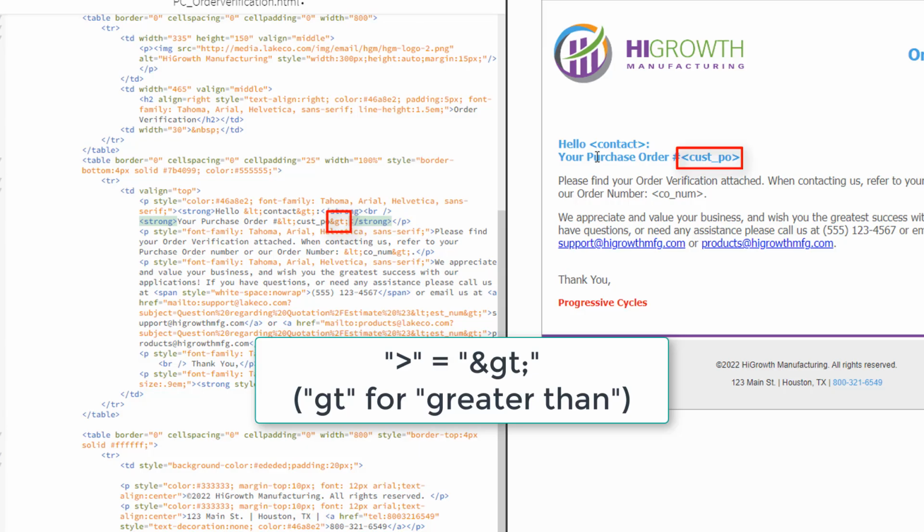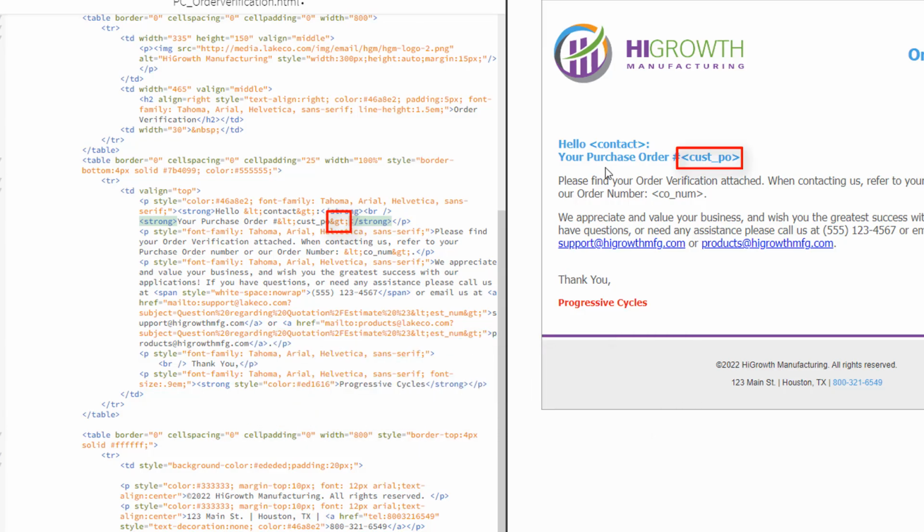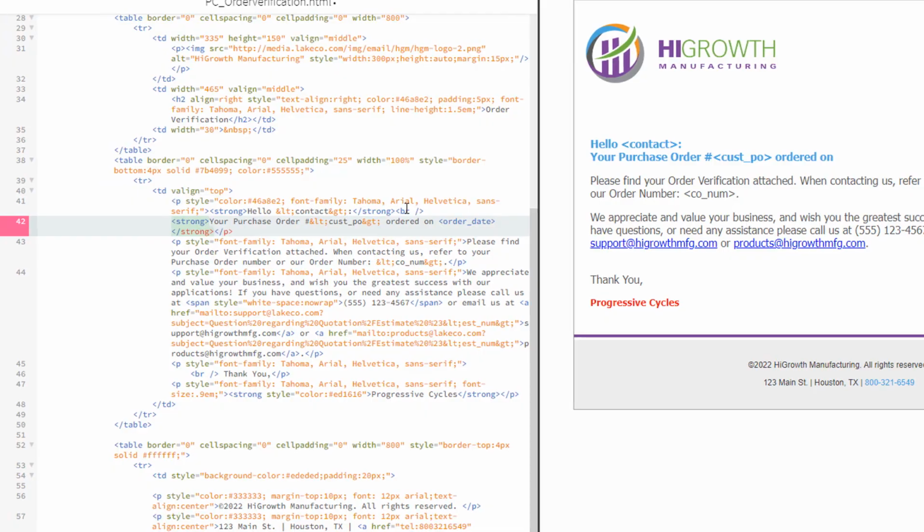Knowing this, after the cust_PO tag, I'll enter space, ordered on, space, and paste my tag. Now on the left, as expected, I see that this isn't going to work as it is.